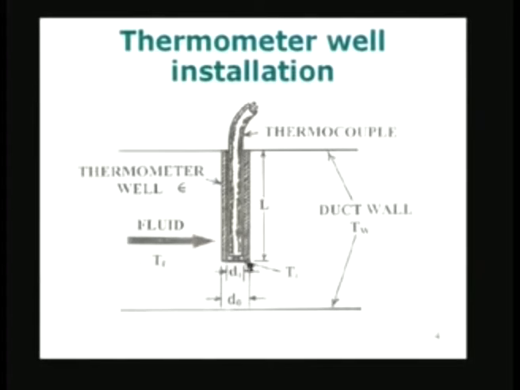So there is a temperature variation from here to here, and in fact I have shown T subscript T as the temperature of the bottom of the well, which is what is being measured by the thermometer or the thermocouple, and as you approach the wall of the duct, the temperature will become equal to Tw. Therefore, there is a thermal gradient along the length. This thermal gradient gives rise to some amount of heat transfer from the fluid through the well to the outside or to the wall of the duct, and therefore there will be a difference in temperature between Tf and T subscript T, and that is the thermometric error in this particular case.